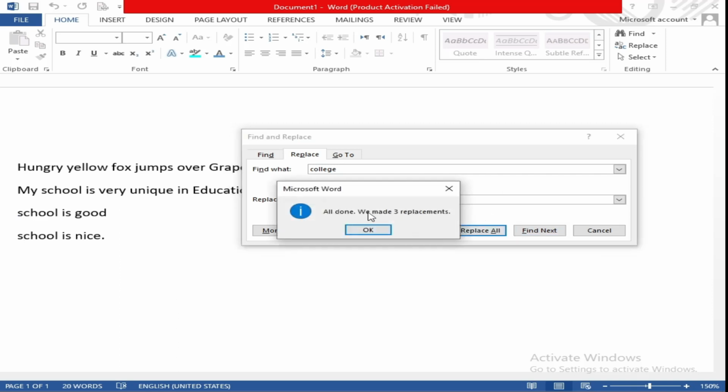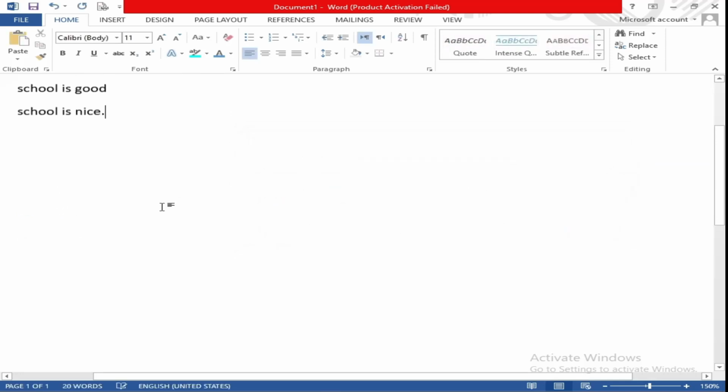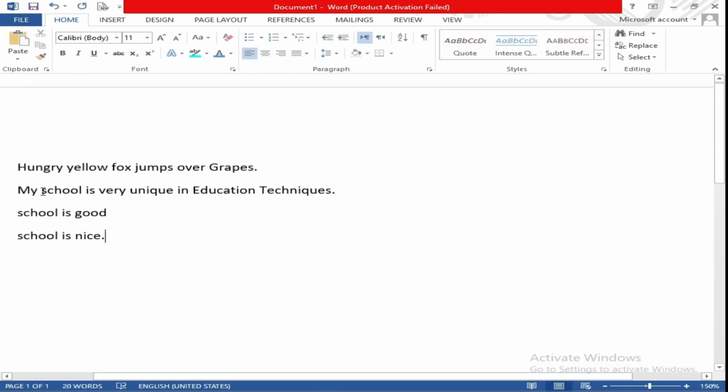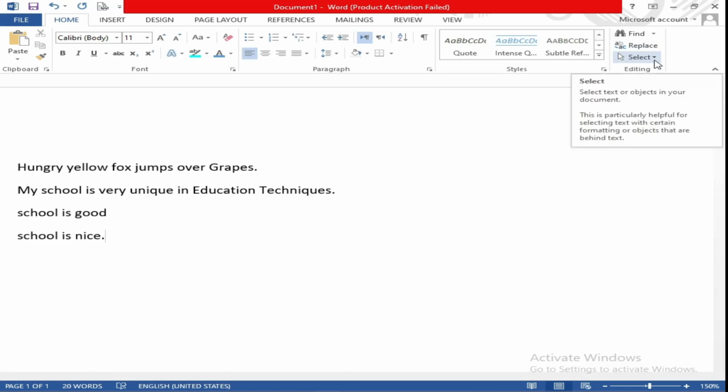As you can see, it has shown that we made 3 replacements, 3 words have been changed, and the college words in the 3 lines are changed to school. In this way you can do this from this home replace.